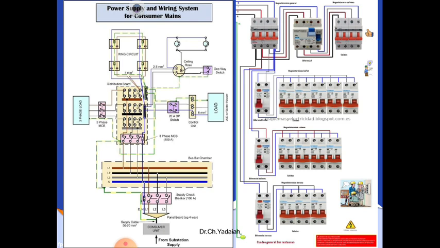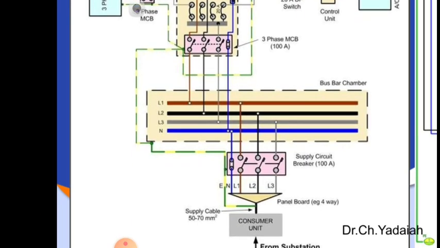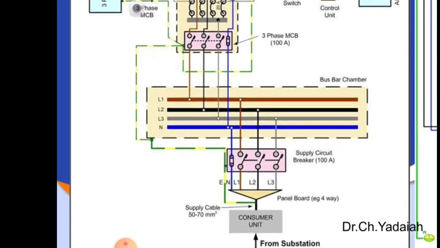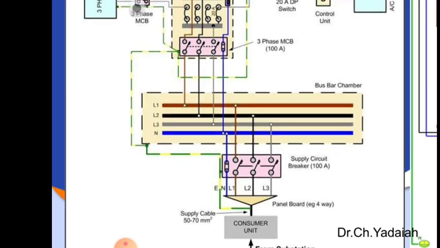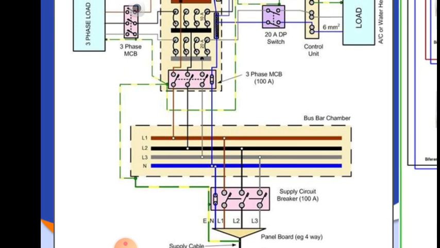You can see here in the first figure the input supply is coming from the bottom. After that we are going to connect the controlling equipment, supply cord, you can see here, and the supply current is nearly 100 amperes. This is a breaker and it has L1, L2, L3 or 4 terminals, so 3 phases and 1 neutral. And coming to L1, L2, that is R phase, Y phase, B phase and neutral, this is a bus bar chamber.